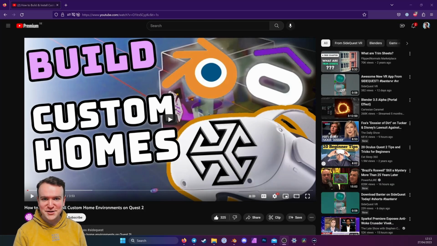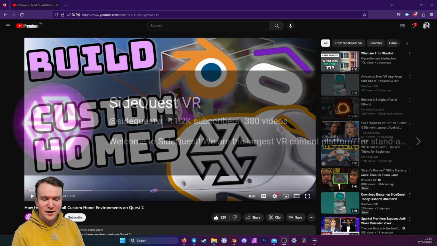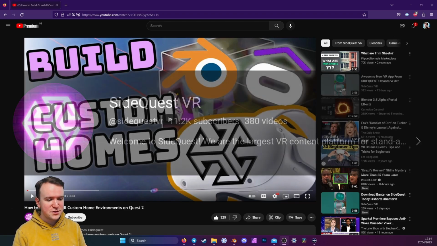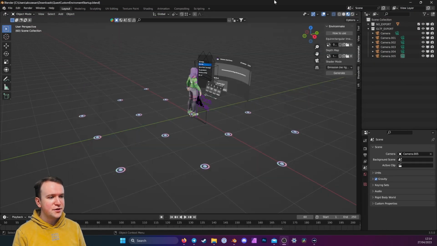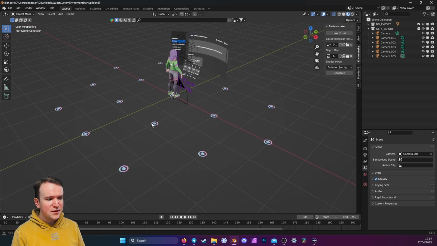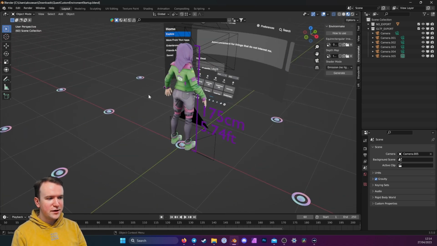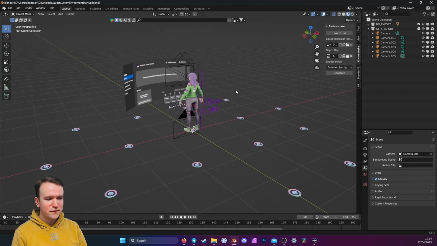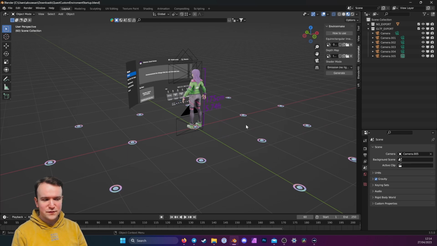Great, you have your panoramic texture now and your depth map. What do you do next to turn this into a VR home environment for your Quest? The credit to this next step goes to the video How to Build and Install Custom Home Environments by SideQuest VR. And what they say is basically you need two things. First of all, the download link is in the description. You need this Quest Custom Home Environment Startup Blender file, which is just a nice little setup that shows you a little figure that's about human height and some demo menus so you can tell what your environment is roughly going to look like when you've installed it.